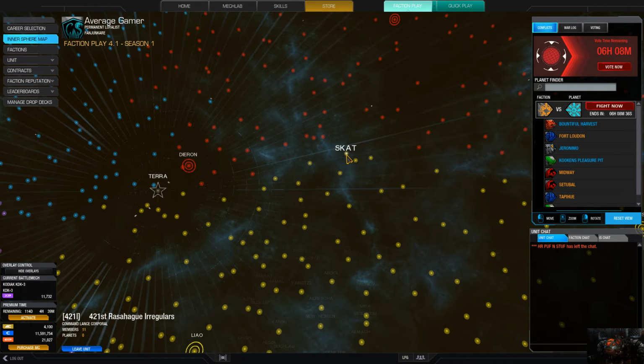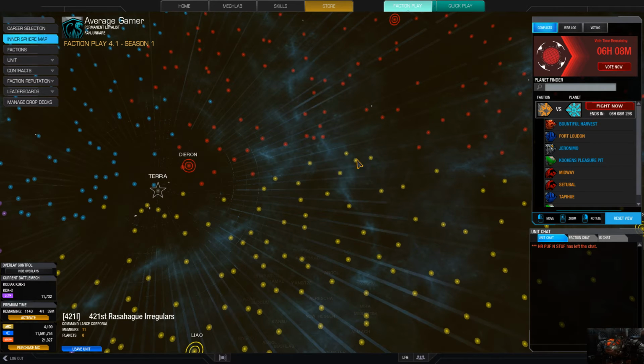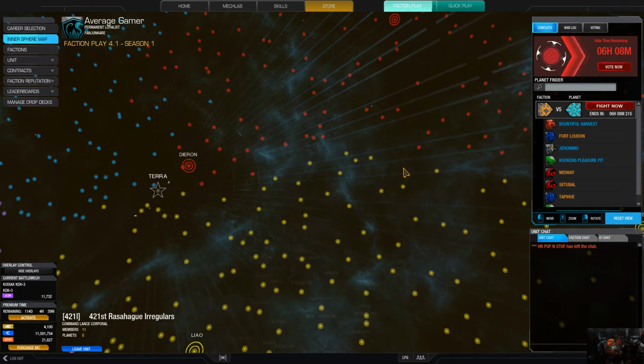Another small unit in Scat, and another one on Galentia 3 or whatever. So we can only hit the planets within a certain distance of us, and we can raid their bases. Now, like I said, people can increase their influence by raiding other units around them, or